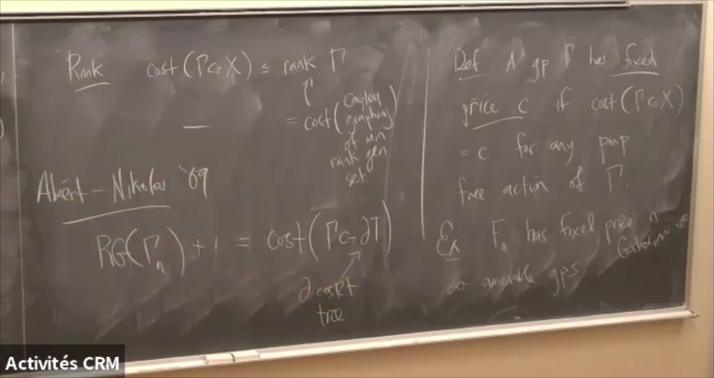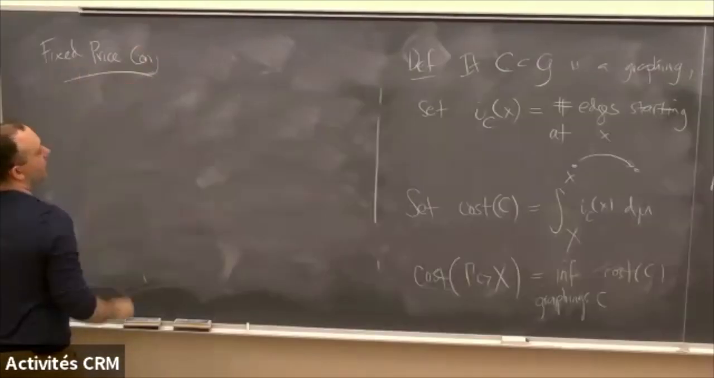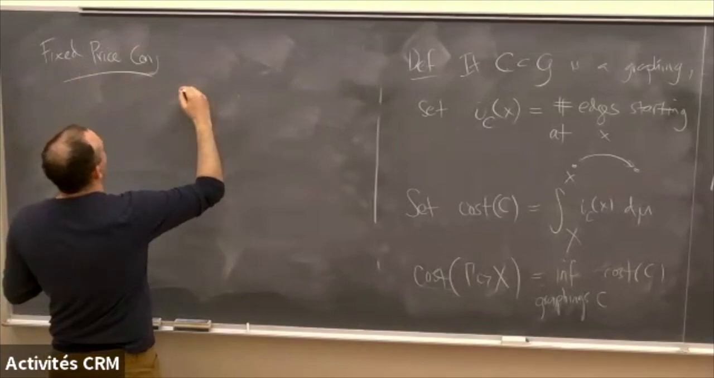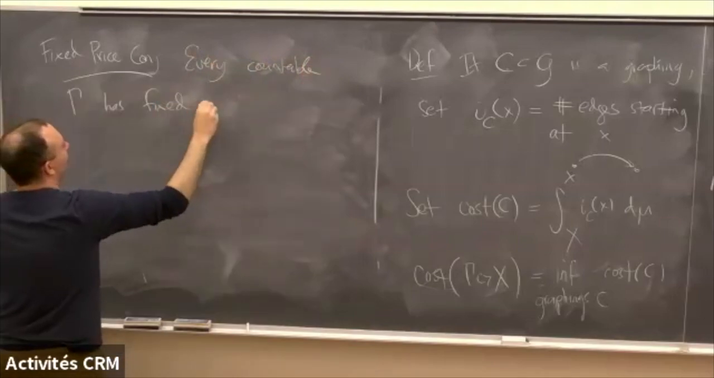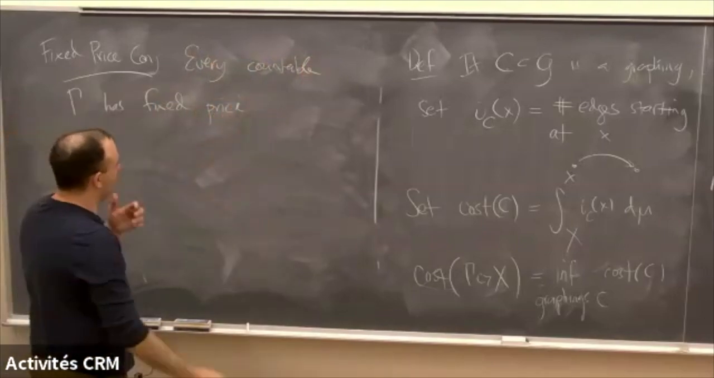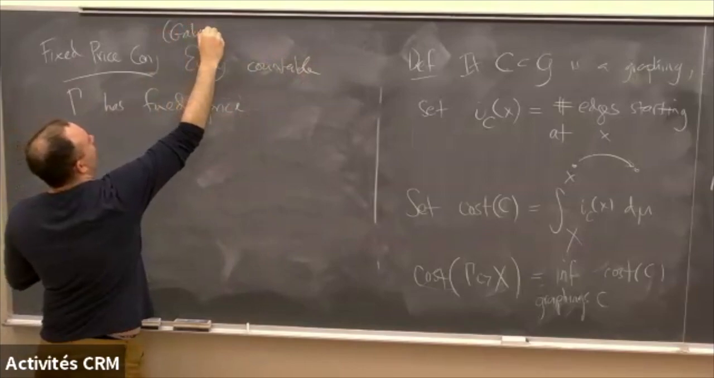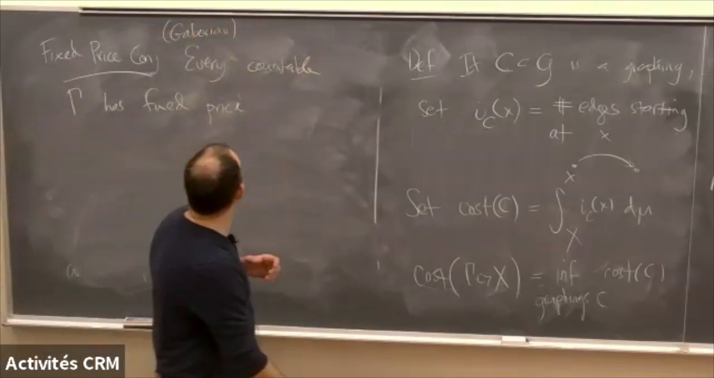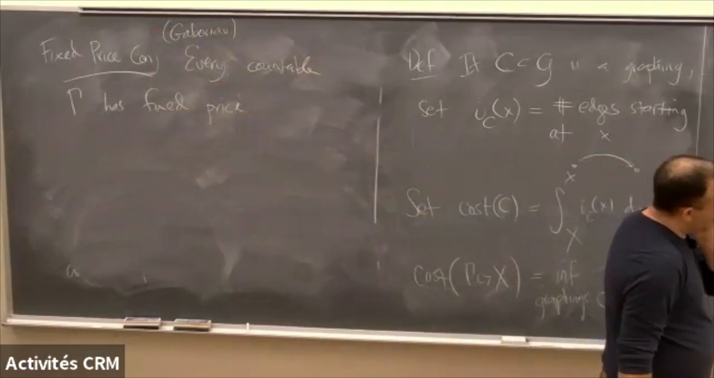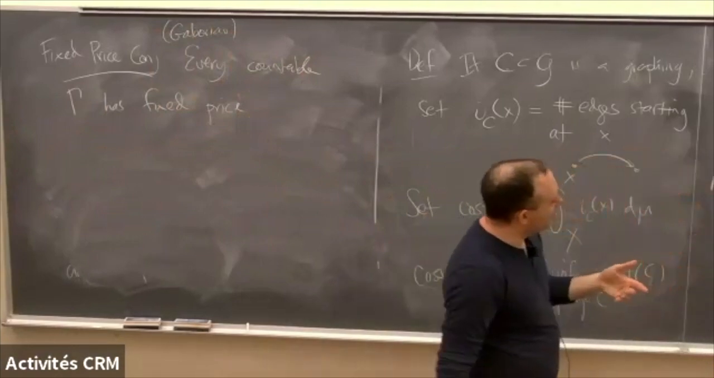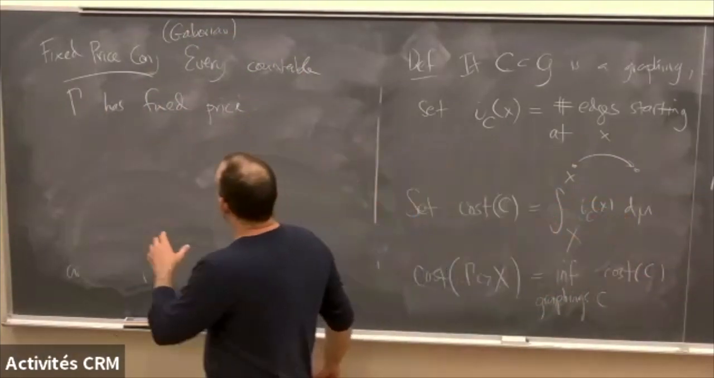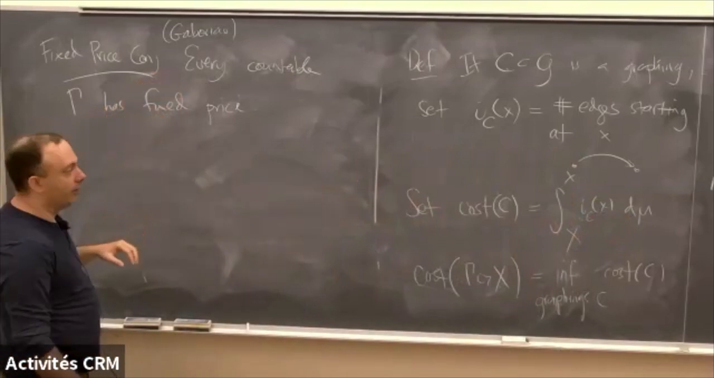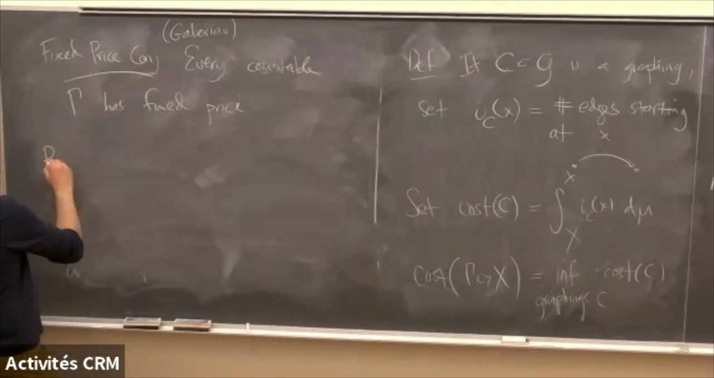But what's sort of amazing is that the fixed price conjecture is that every countable gamma has fixed price. I guess this was initially posed as a question by Gaboriau, but people refer to it this way. And so the connection to three manifolds that I wanted to talk about is: what can you get out of rank gradient here? Well, as a remark,